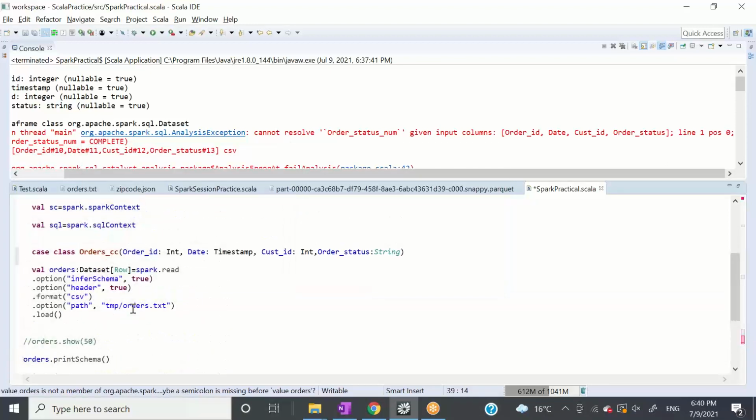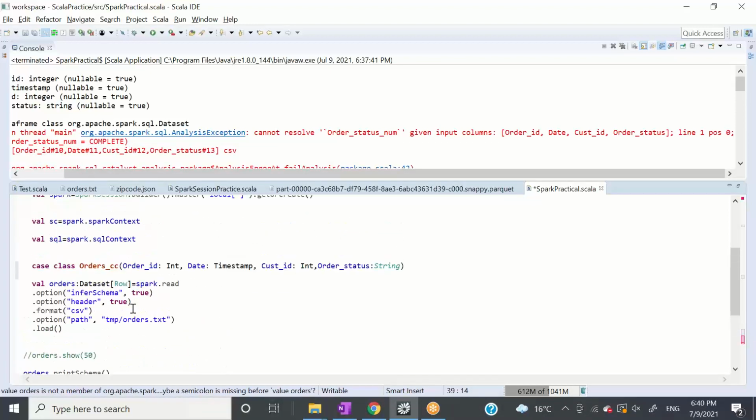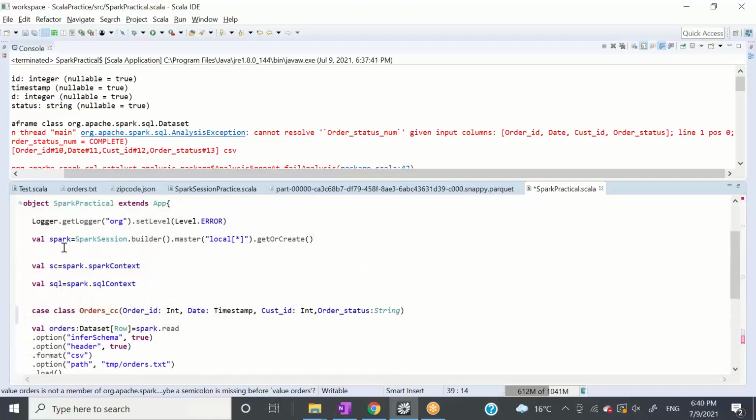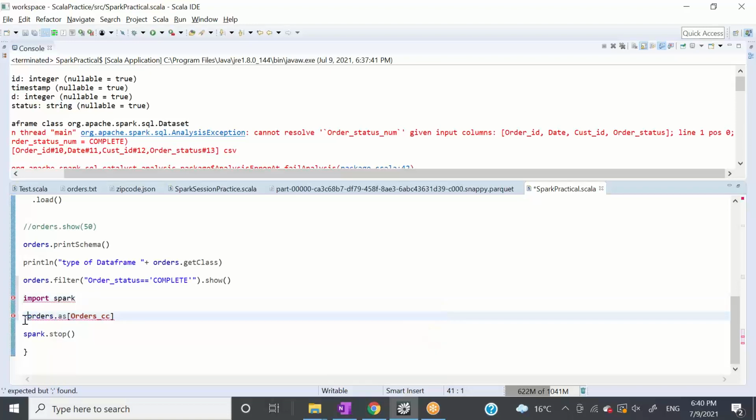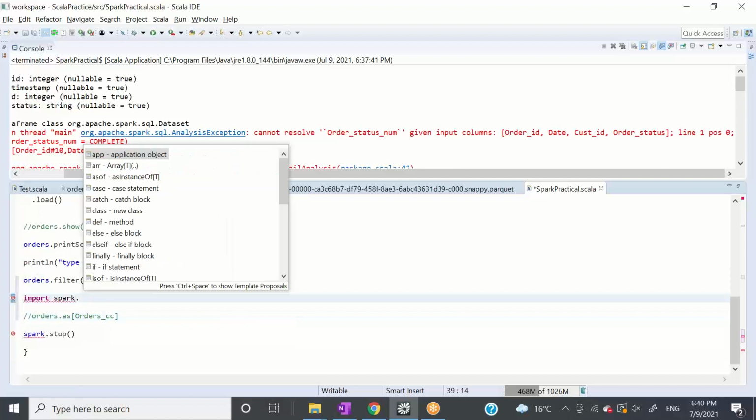One second, guys. My variable name is spark, and I'm importing. Let's comment it for a minute. I'll say spark dot